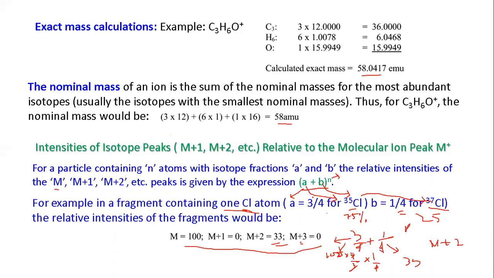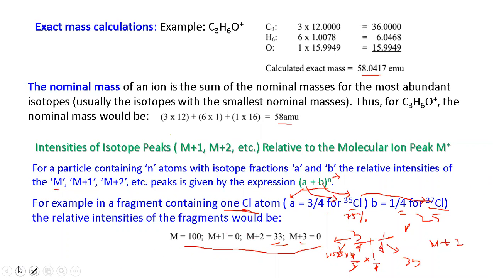Now this expression is well fitted. You can easily apply this for a halogen system. Other systems also you can utilize this, but for other systems I'll give different equations. But this equation you can still utilize there, like for carbon and hydrogen if you consider. When we have the halogen, it will have greater impact because chlorine 35 and 37 have huge abundance in nature. Let us look at a fragment ion.